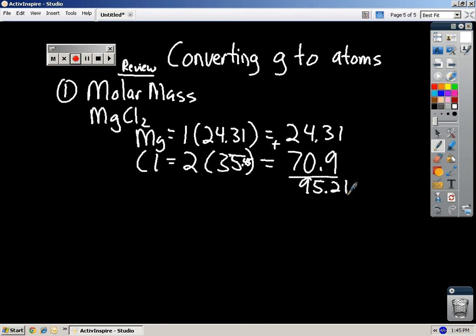Grams over moles. That's molar mass. So all we're doing is calculating that for 1 mole of MgCl2, you would get 95.21 grams